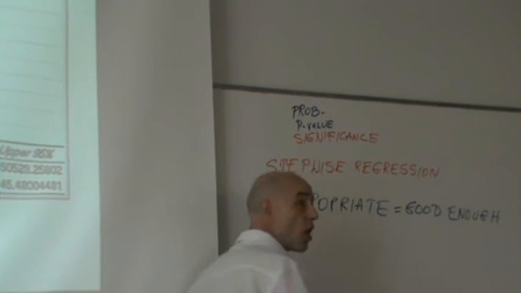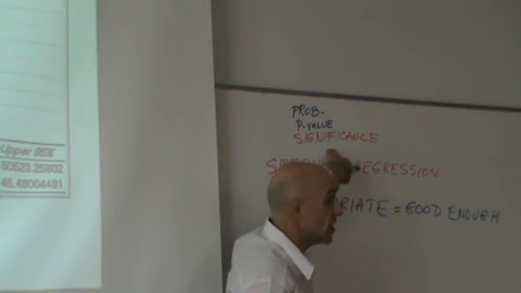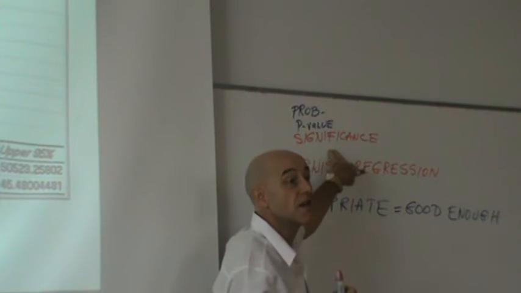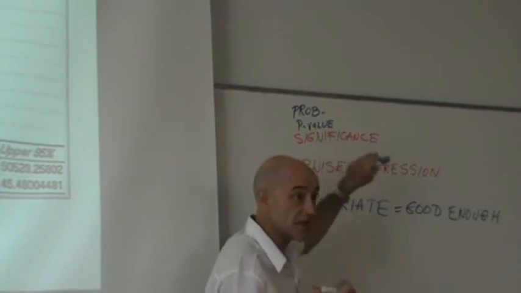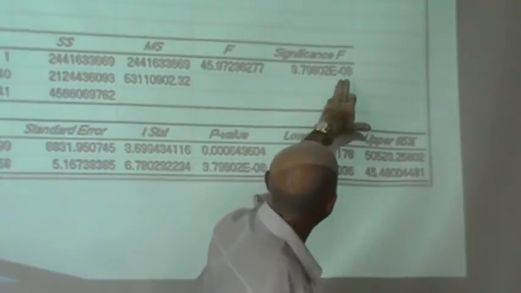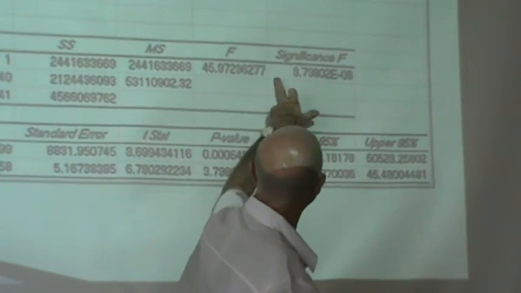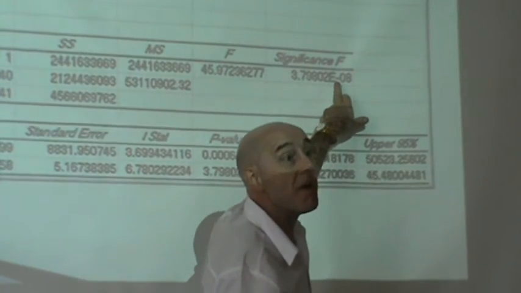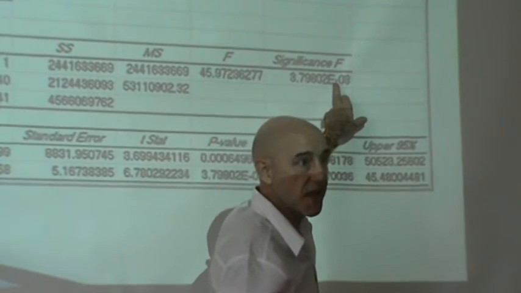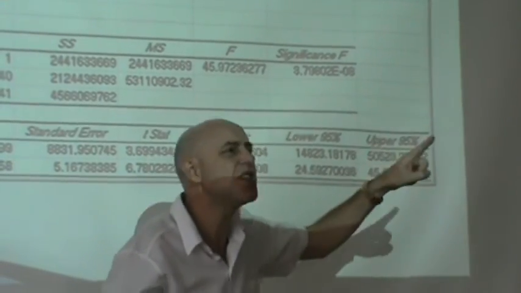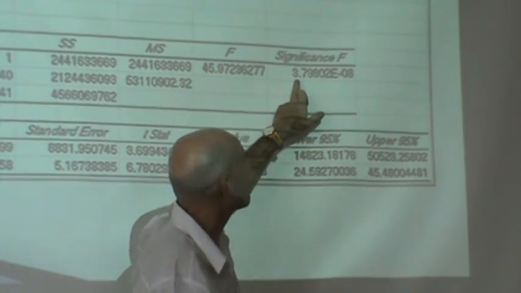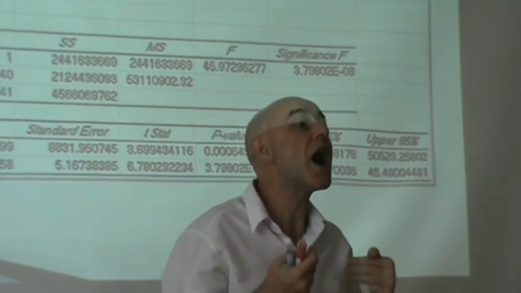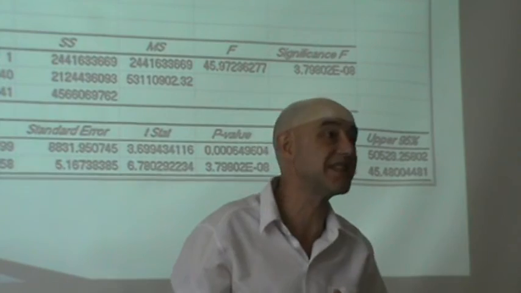So when the software gives you significance, it's the same as the p-value, okay? That's how the software calls it, significance. So significance, this is actually a very small number, 3.7 to the power of -8. This means that it's 0.000 with 7 zeros and then 3.7. Now, our software, we're going to give it simply as